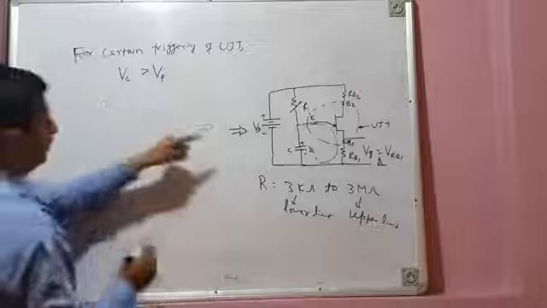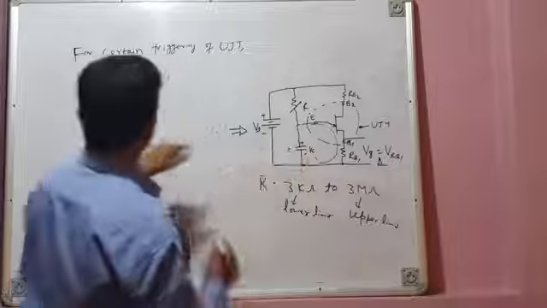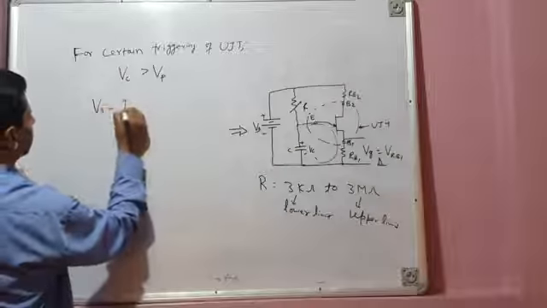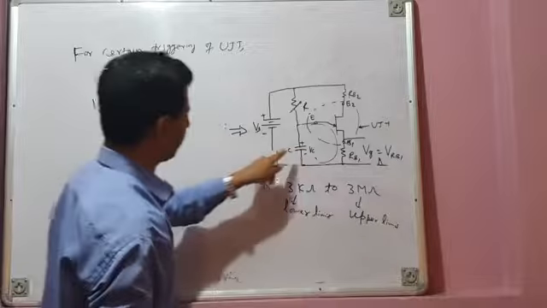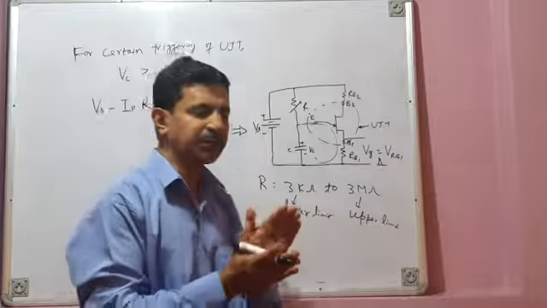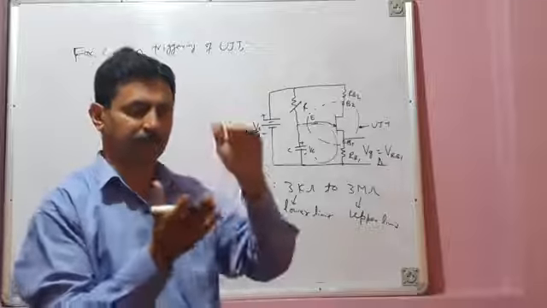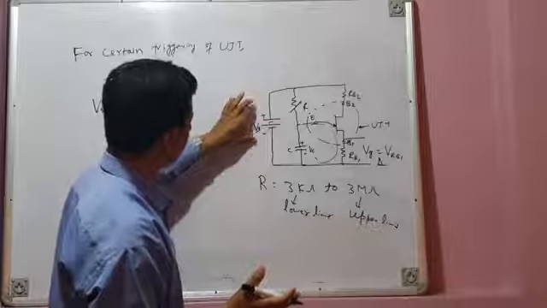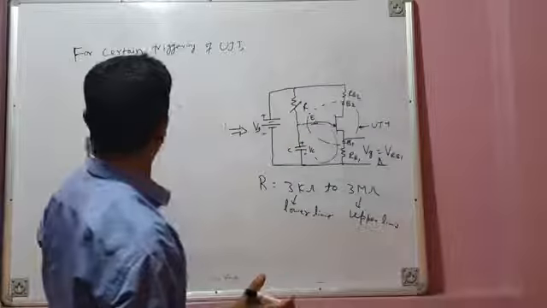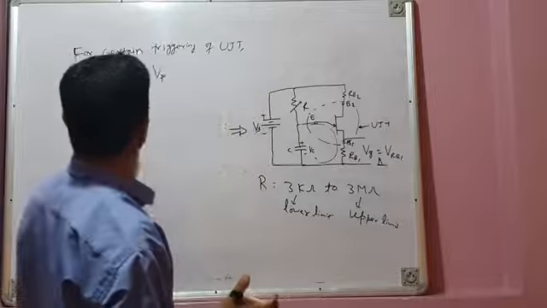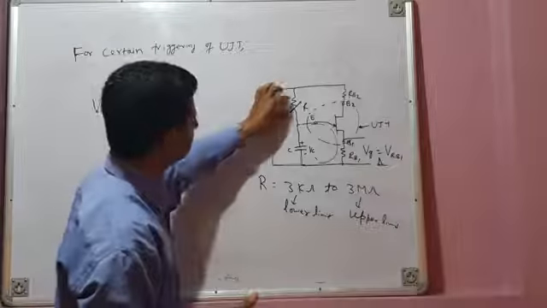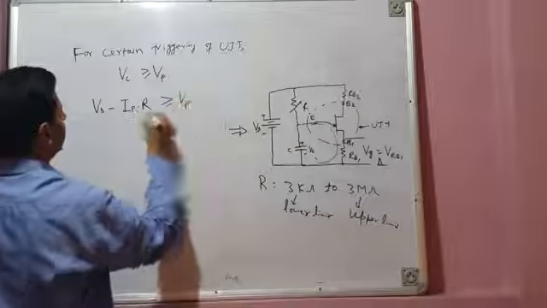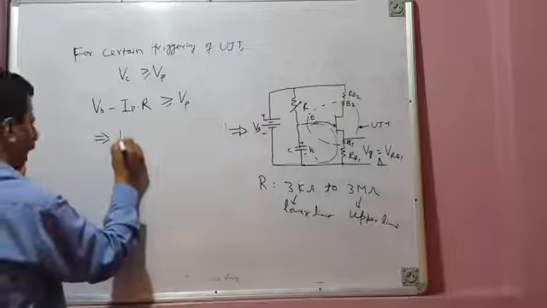So what is this VC when this capacitor is charging? The capacitor voltage is Vs minus Ip into R, because when the capacitor voltage reaches the peak point voltage, the current is the peak point current. So this VC is the applied voltage minus this drop. The applied voltage is Vs, and the drop is peak point current into resistance. So this voltage minus this drop is your capacitor voltage, and it should be greater than or equal to the peak point voltage. This will give you the upper limit of R.